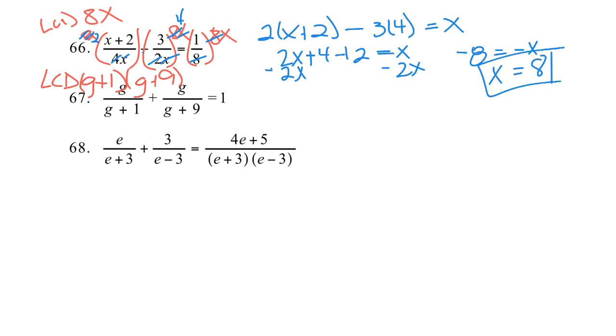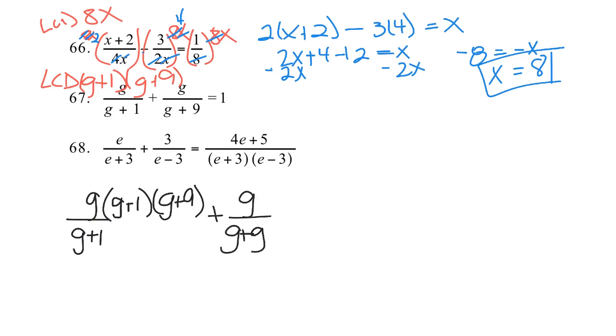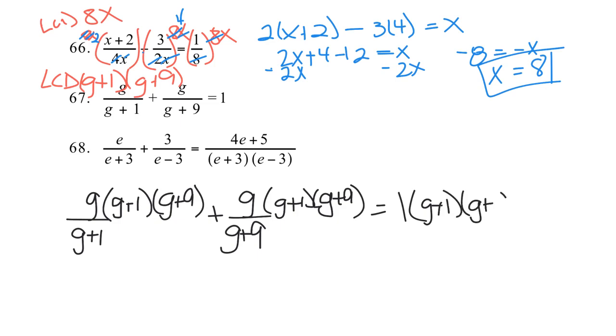Now, I'm going to write that down here so we can have space for it all. g over g plus 1 times g plus 1 times g plus 9, plus g over g plus 9, times g plus 1 over g plus 9 equals 1, and I have to multiply that side too, g plus 1, g plus 9. So my g plus 1 divides out, my g plus 9 divides out, and I end up with